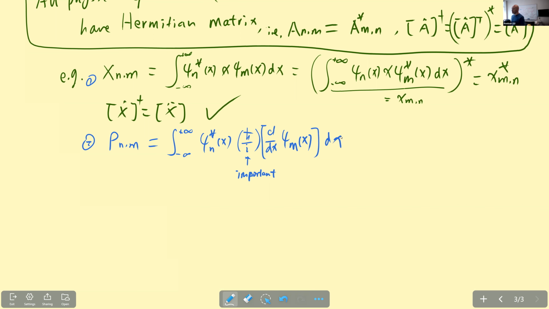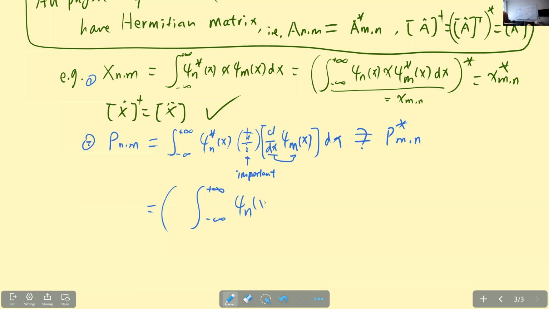Okay. Right. So this one is acting on the ψ_m function, right? So what we need to do is to try to see whether this one equals to the complex conjugate. So then let's take the complex conjugate first. So this one will equal to, okay, take the complex conjugate, that will be